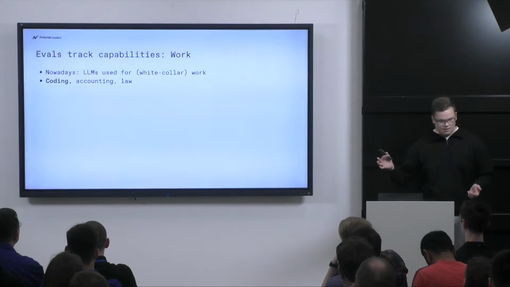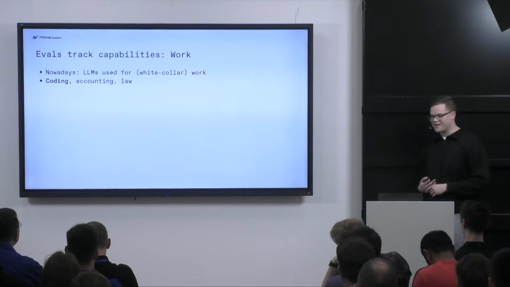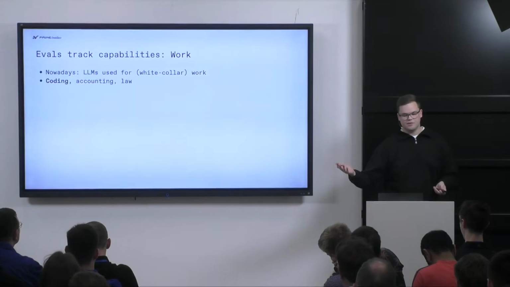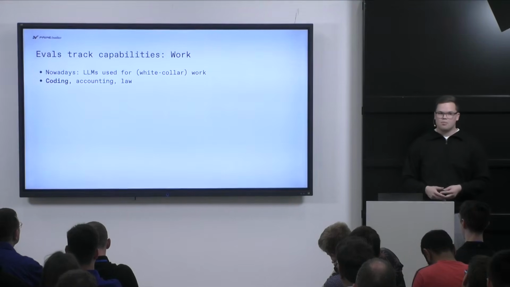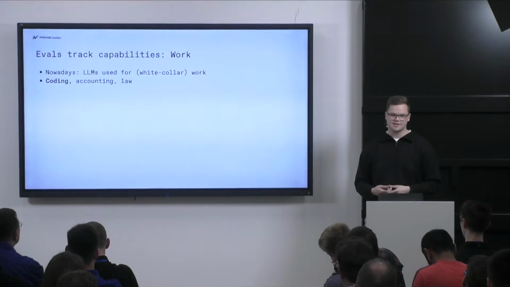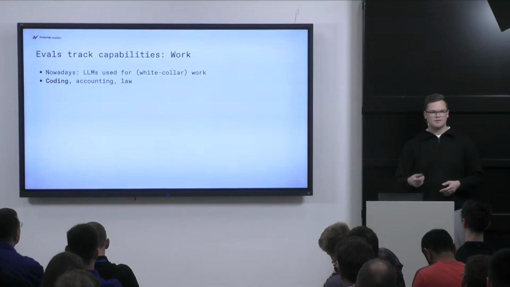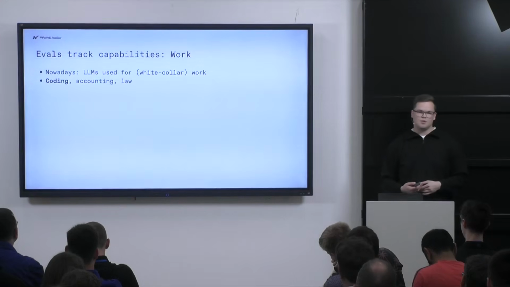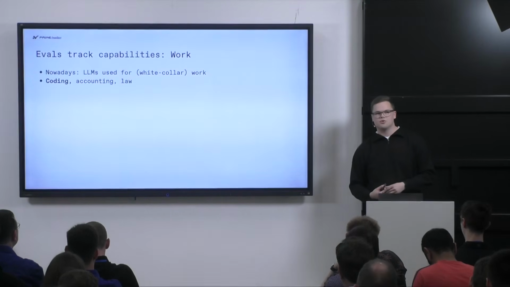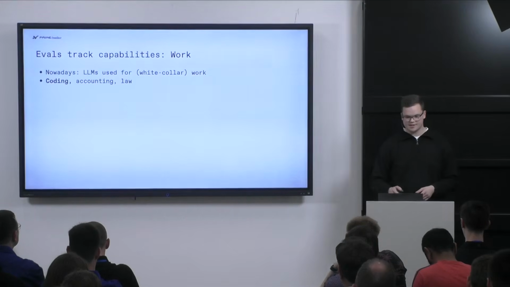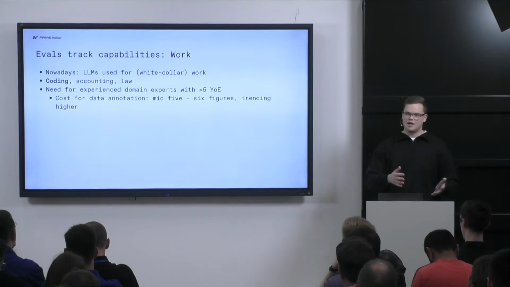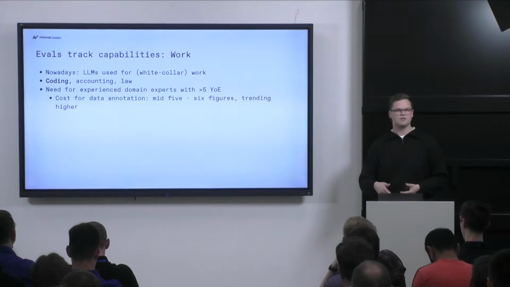These days, the thing we mostly or maybe solely care about is automating work or helping us at work, which means obviously white-collar work. The poster child for this is coding, as everyone starts or is using Claude Code and Codex extensively. People write code less and less and use these models more and more, but also things like accounting, like law, like consulting. All these things are interesting to see how well models are able to do these tasks. So we also need to create evaluations for these tasks to see how well they are able to reflect it,